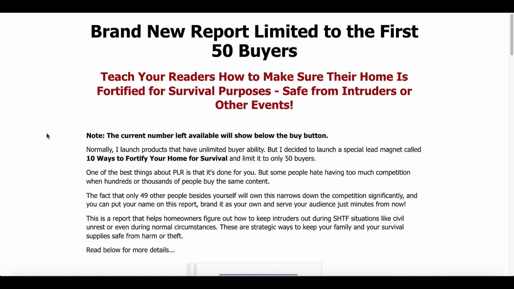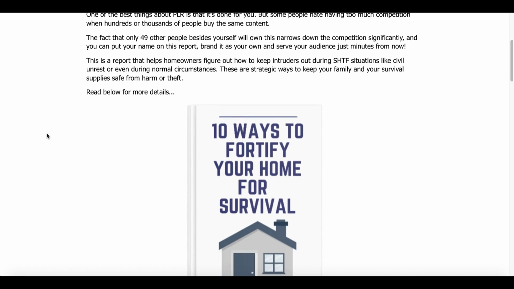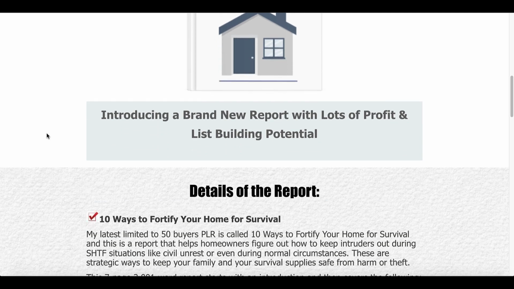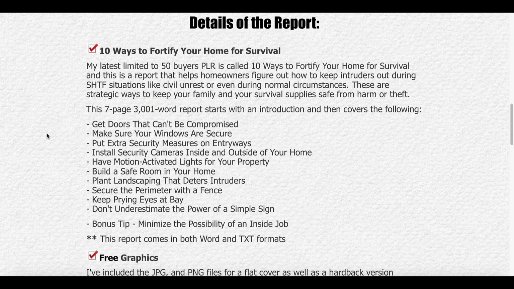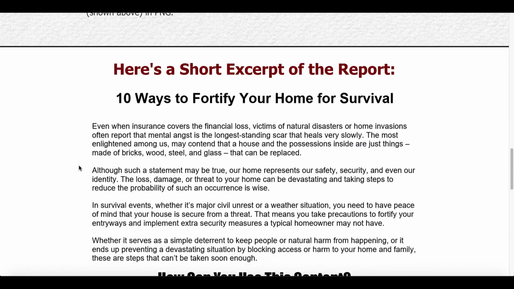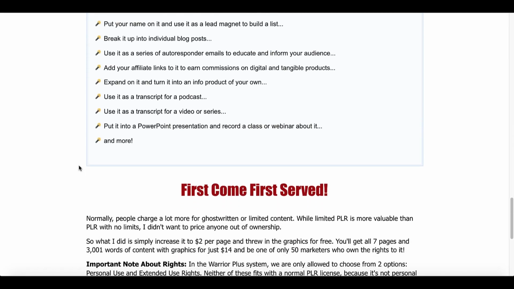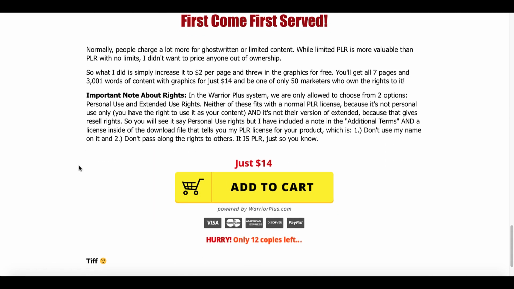For your audience, like you can see here, brand new report limited to the first 50 buyers. This is what's called PLR, where you can take this content and teach your readers how to make sure their home is fortified for survival purposes, safe from intruders or other events. Scroll down, you're going to see you can purchase this report, and you can see the details of the report to include the headlines here that I used on my blog. And then you can read a short sample of this content, and you can see here that there's only 12